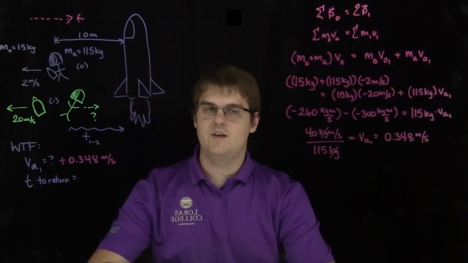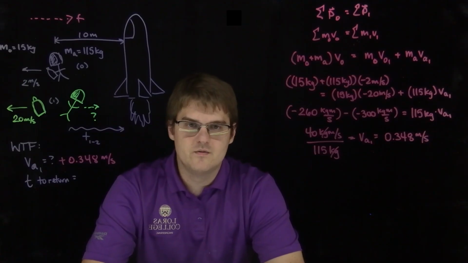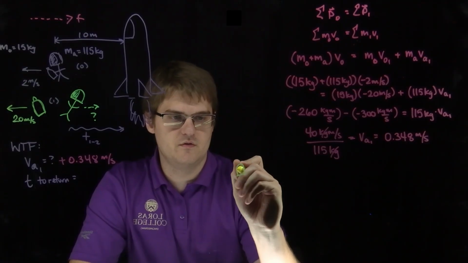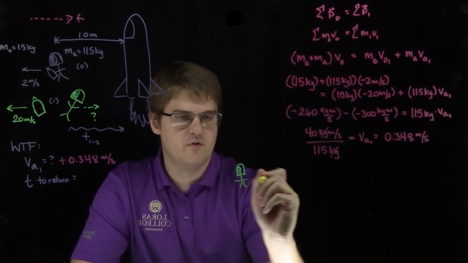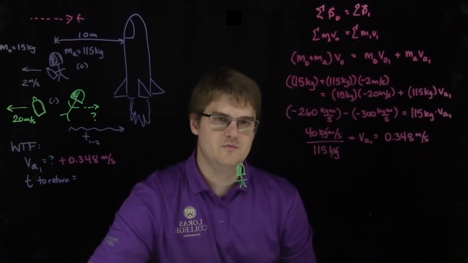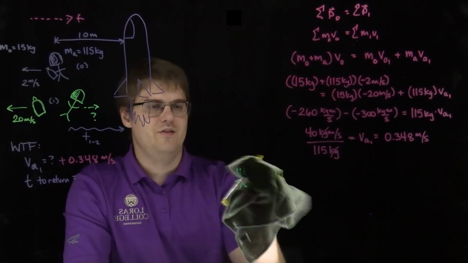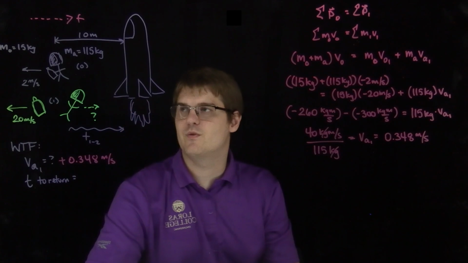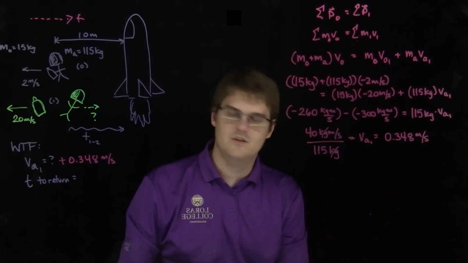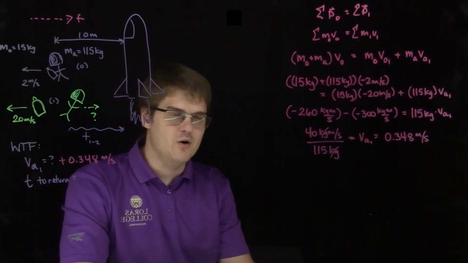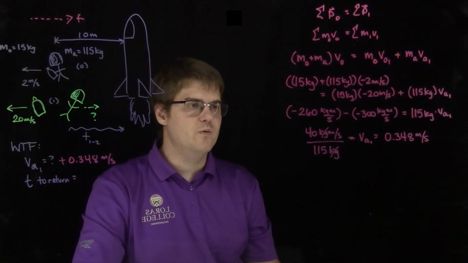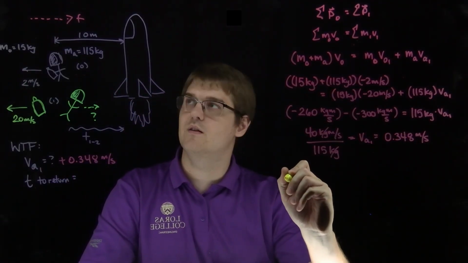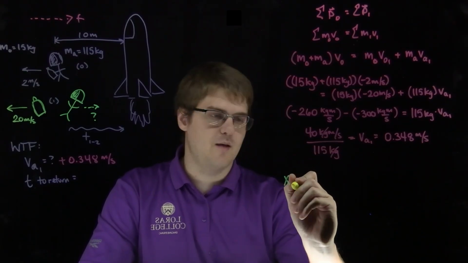Step 2, how long does it take to get back? Well, force diagram, got my astronaut. He's got no forces on him. There's not even gravity. He's just floating out in space. Sum of forces is equal to mass times acceleration. We've got no forces at all, let alone in this direction. So sum of forces is 0. Acceleration is 0. So we can then jump into our kinematic equations, and we can say x at time 2